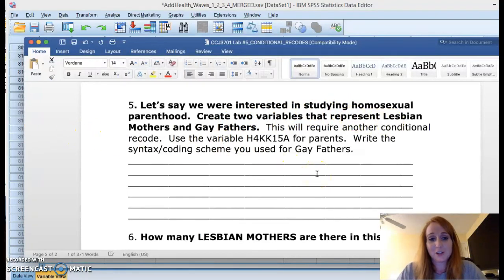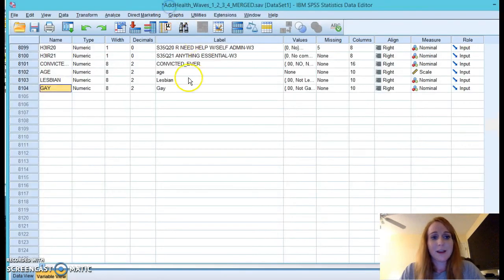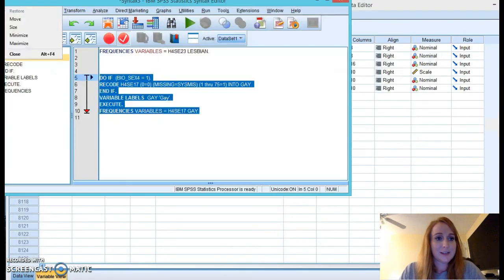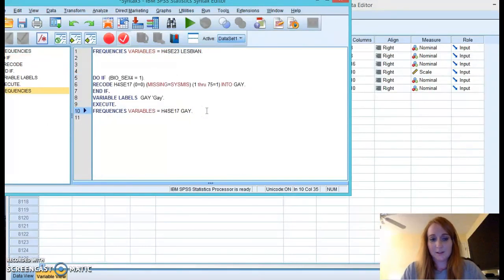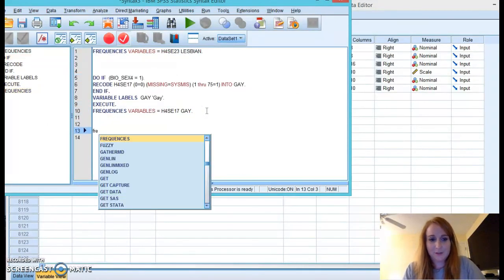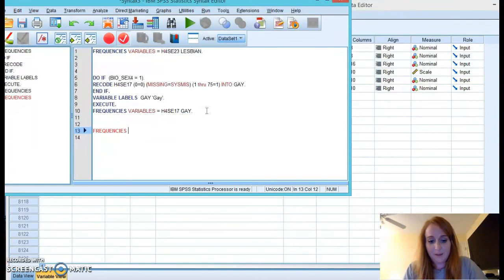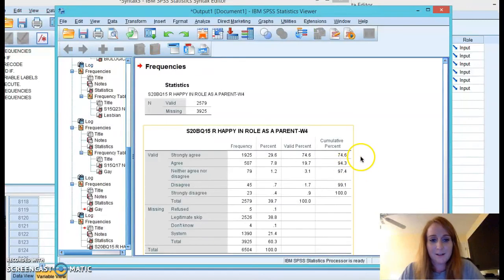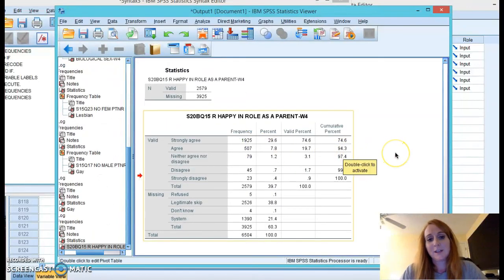This will require another conditional recode. Use the variable H4KK15A for parents. Let's go ahead and just copy and paste that variable name, H4KK15A, right out of the lab. Let's go back to our syntax. We're just going to give ourselves a few spaces. Let's run a frequency of that variable. Frequencies, variables equals, paste in the name, hit a period, highlight the script, run it. And this is actually a question that says, are